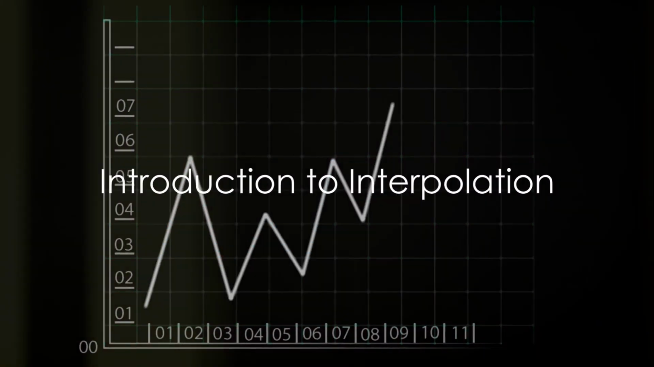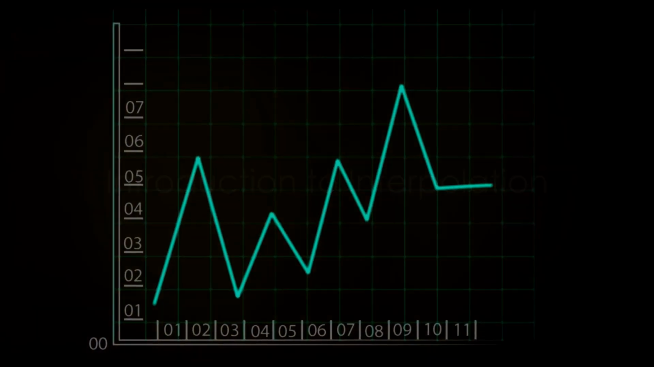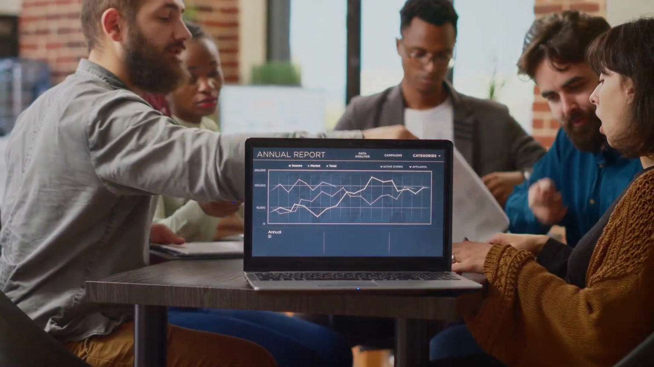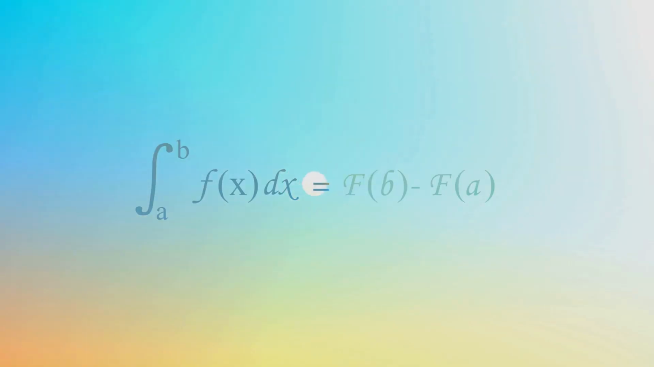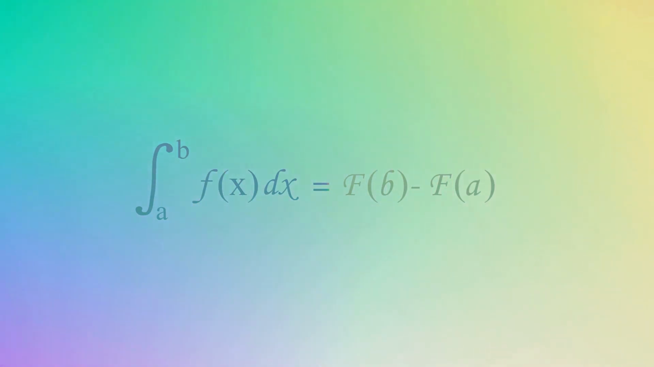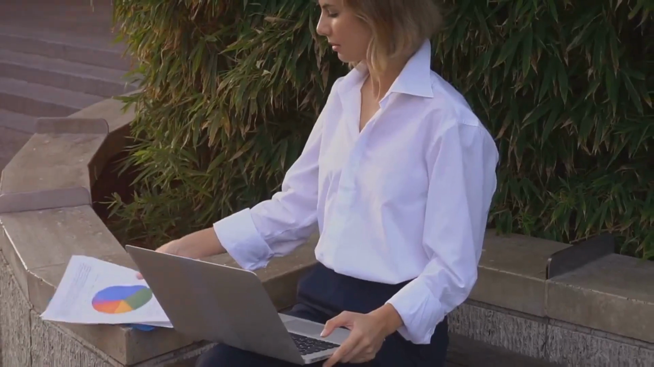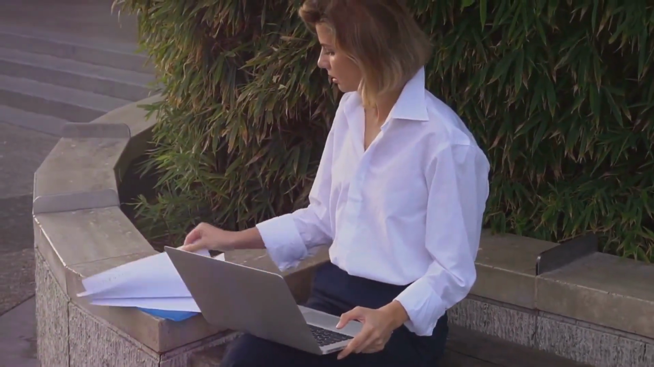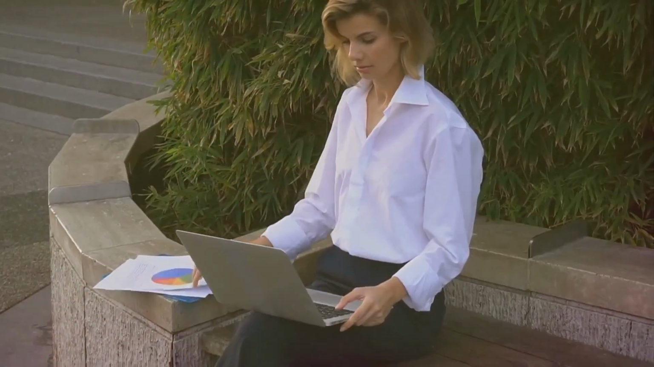Ever wondered how we estimate unknown values in statistics? The answer is, we use a technique called interpolation. Interpolation is a statistical method that allows us to estimate an unknown value based on other known values that are in sequence with it. It's a simple mathematical concept at its core, but a powerful tool in the hands of